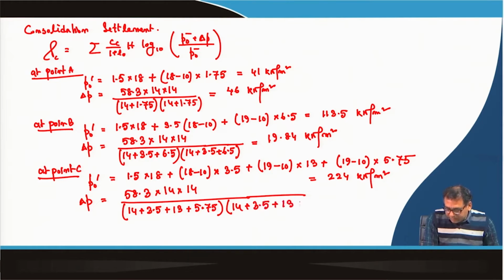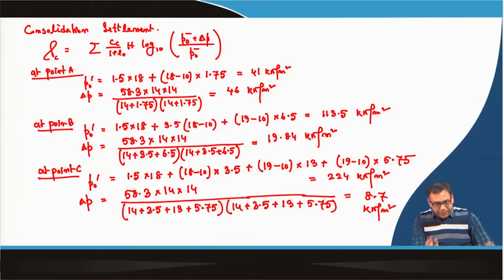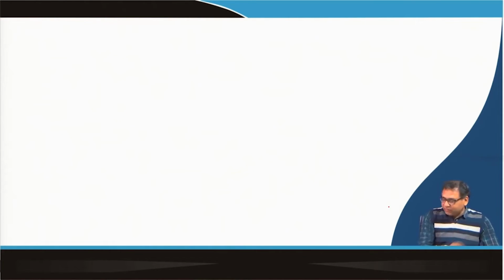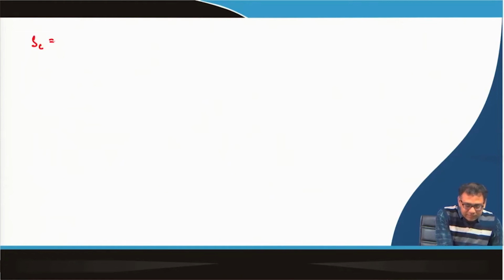Plus 13 plus 5.75. So, that is equal to 8.7 kilonewton per meter square. So, we have calculated the P 0 bar and del P. Now, we have to apply this with the equation for every point. So, S C is equal to, for first